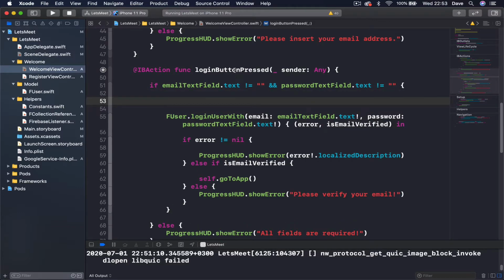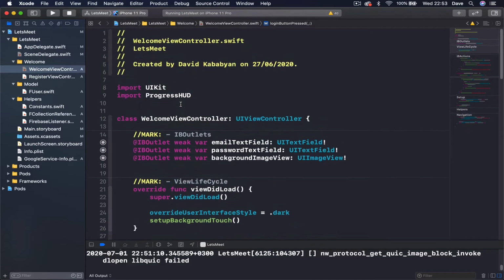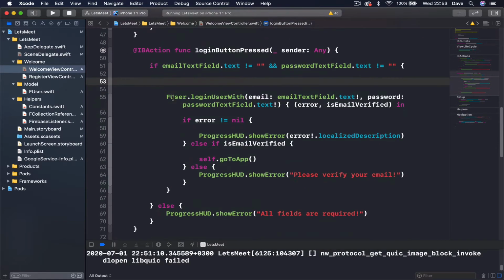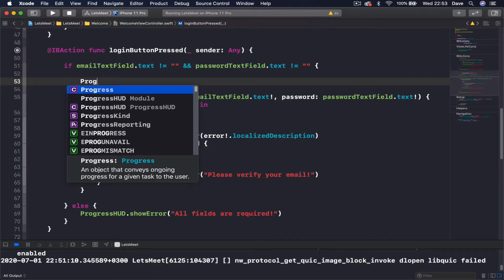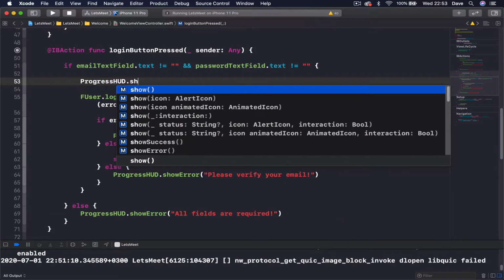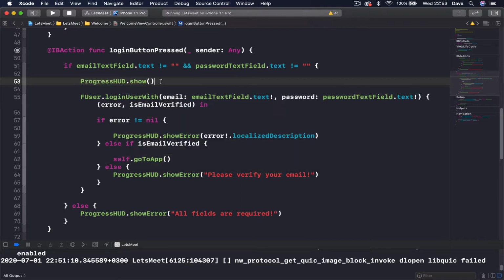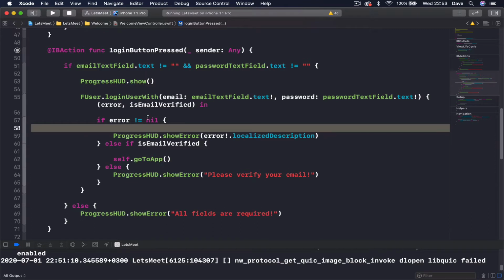And in our login button pressed function, let's see if we are importing. Yes, we are importing ProgressHUD, and here I can say ProgressHUD, I will say show, and this will start the spinner. And once we are done with that,